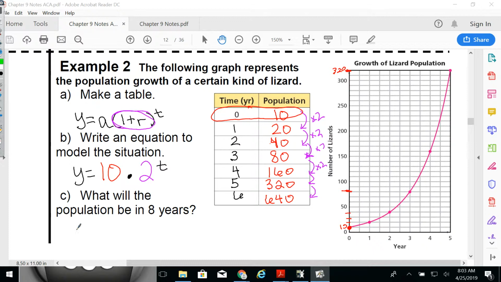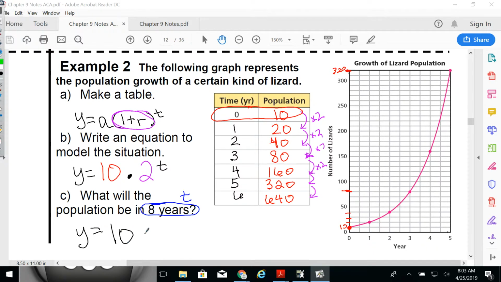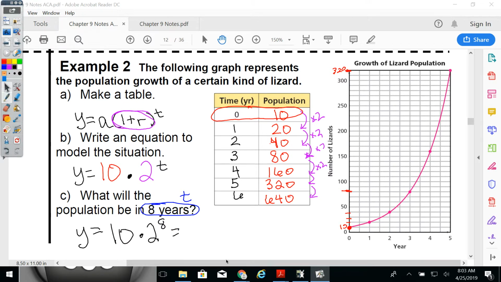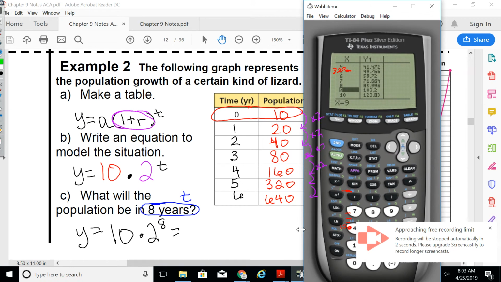So if we wanted to use the equation, the 8 years, the 8 is giving us time. So we're going to plug this into the exponent for t. So y equals 10 times 2 to the 8th power. And this I can just type straight into the calculator. I don't need to go to y equals because it wants the y value, not the x value. So let me pull up my calculator. And again, just doing